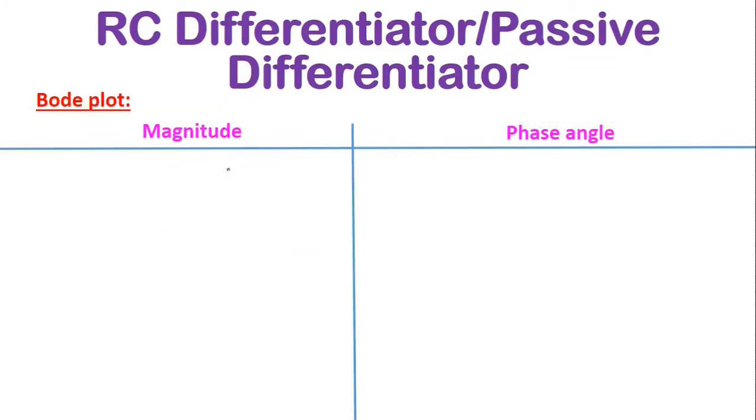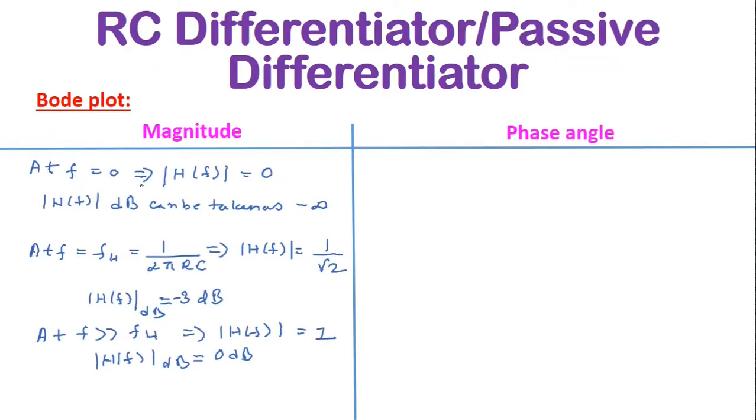Now let us draw the Bode plot. For this we have to find the magnitude and phase angle. First is magnitude. At f equal to 0 we have found the magnitude of H(f) is equal to 0. So when we represent it in decibels, it can be taken as a very high negative value. At frequency f equal to the cutoff frequency fH, which is equal to 1 upon 2 pi RC,